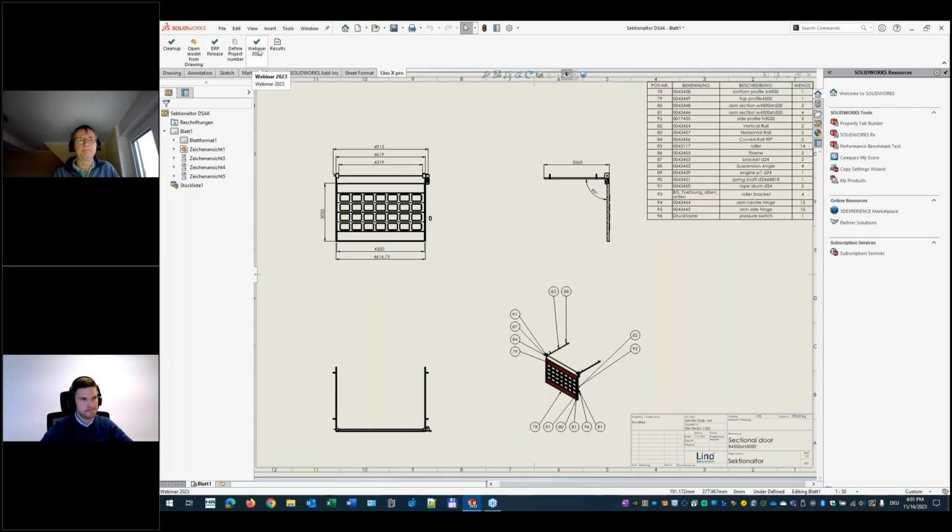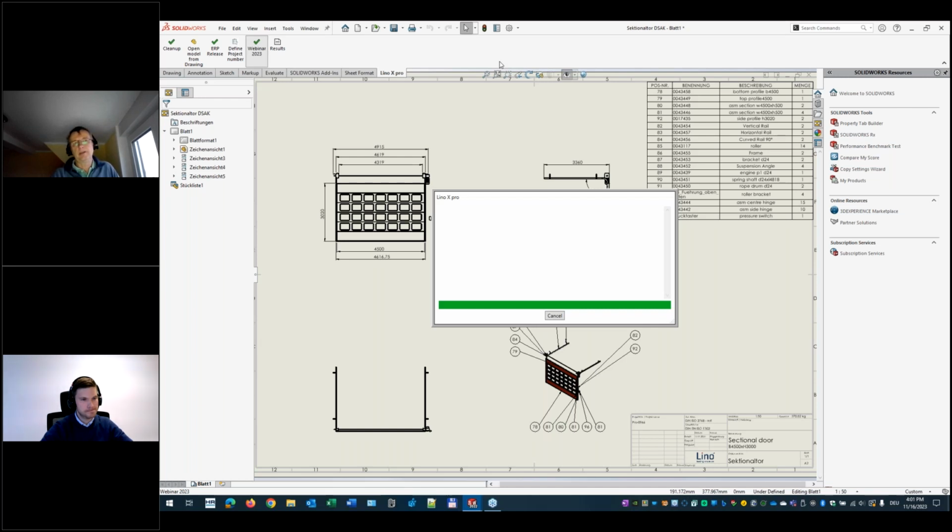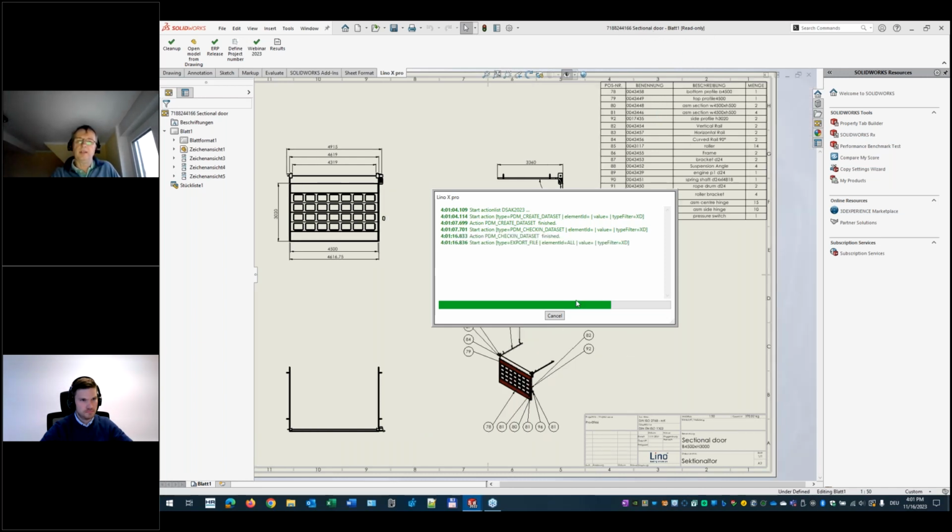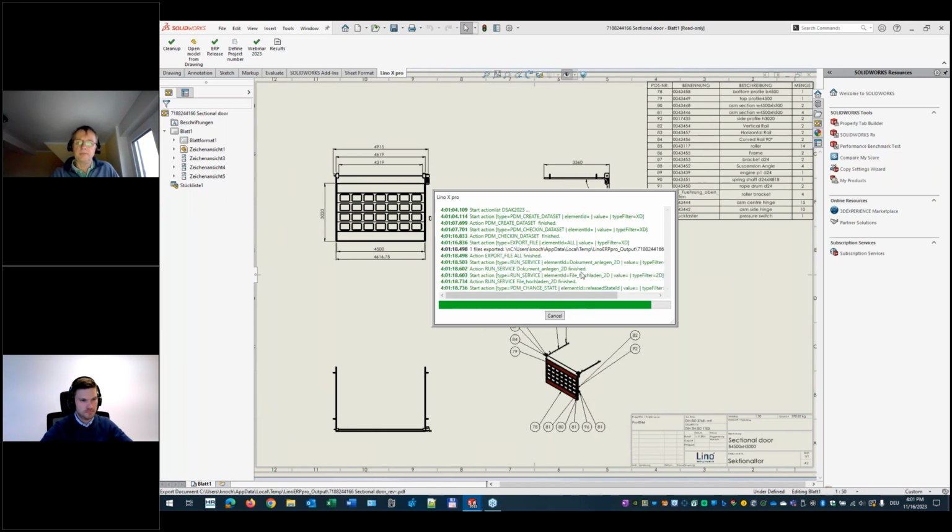So by running that, it retrieves the data from the model, creates the according file with the right name, and checks that in to the PDM system and provides a PDF of that to the